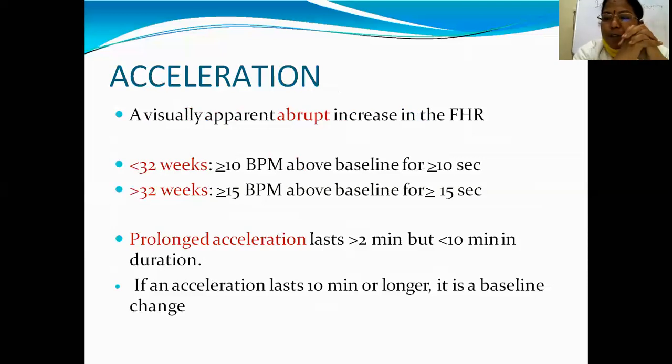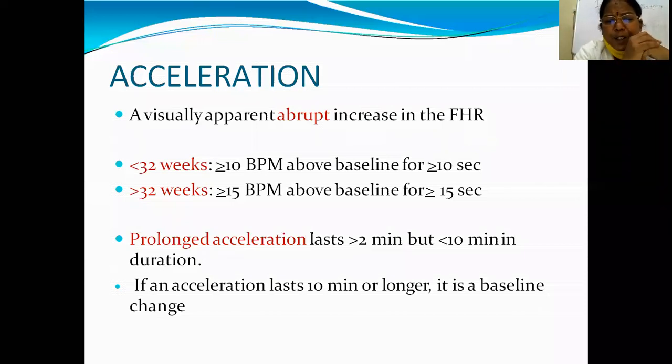So this is regarding the variability. We'll see what we should do. If the variability is less, then we see whether the mother is hypoglycemic, and we ask her to take something. We change the position, ask her to lie on one side. Then we see whether she has hypovolemia or hypotension, and we give fluids. We give oxygen by mask. After doing this, after 10 minutes in left lateral, we will repeat it.